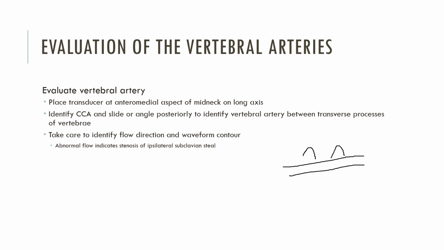Now, once you have found that vertebral artery, you only assess it in one region. You're going to assess it in B mode long, in long with color, and in long with your spectral Doppler. And you're going to measure your peak systole and end diastole there. This is really important: you are also evaluating your color, utilizing a correct color box, making sure that blood flow is actually going towards the head. There's something we'll talk about in a minute called a subclavian steal that actually reverses the vertebral flow. So you have to think about your color box direction and make sure that your flow is truly going to